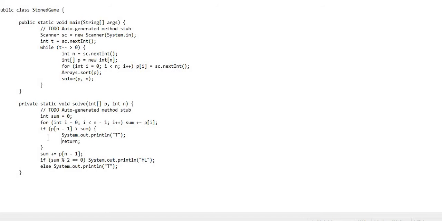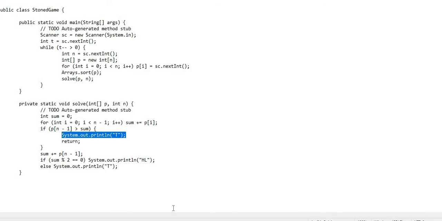If we sort it, it will be 1 and 3. The last element holds the value 3, and the previous piles contain the sum, that is 1. In this case 3 is greater than 1. T plays first, so T will always pick the optimal value, that is the maximum value, so T will be the winner.